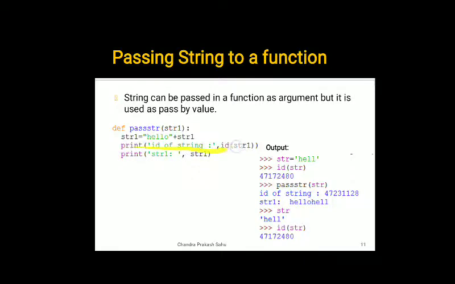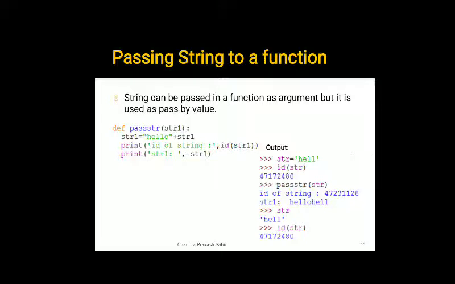In the next line, when you write id of str1, you can see the id of this string is different from the id of hell. That means when you add another string to this string, a new object is created. In other words, the original string object does not change. After the third line, the string hello hell is printed, and this function completes.